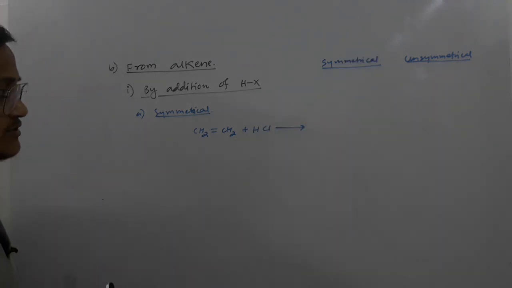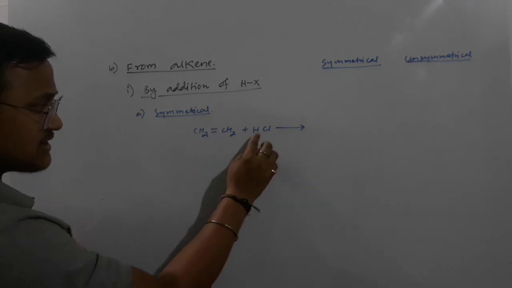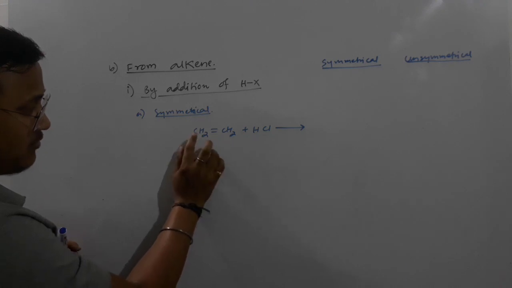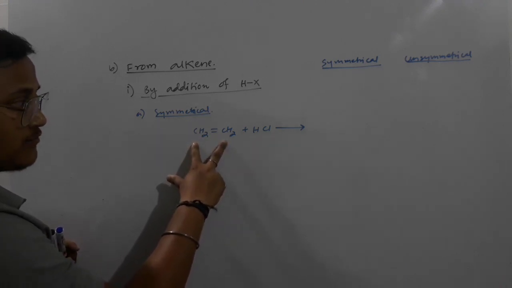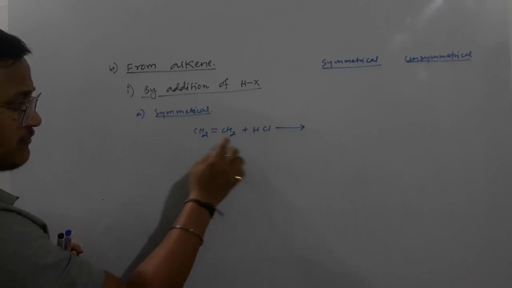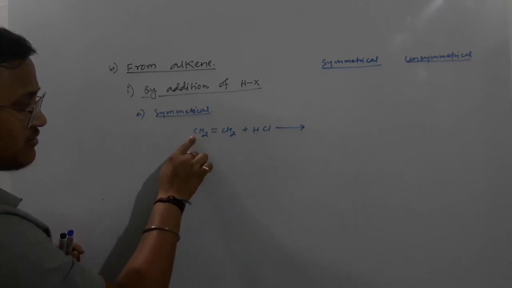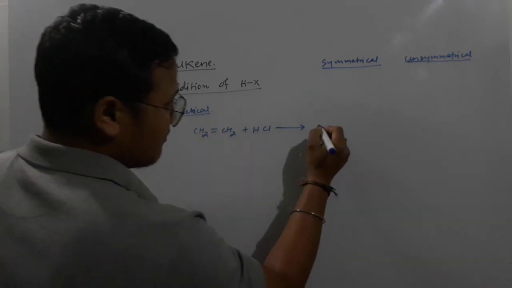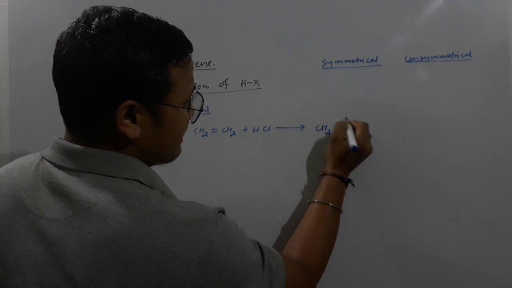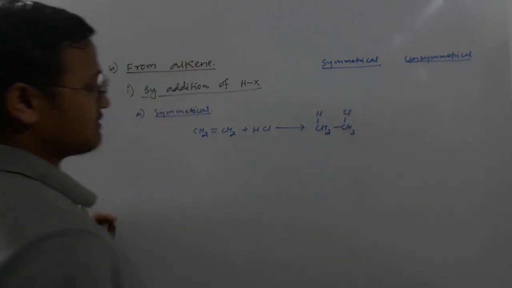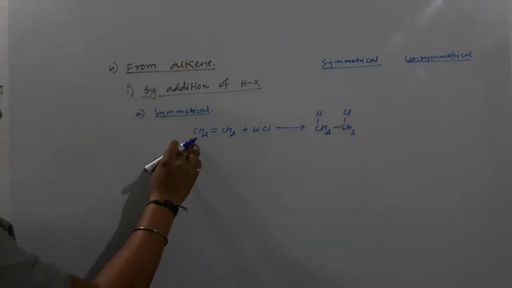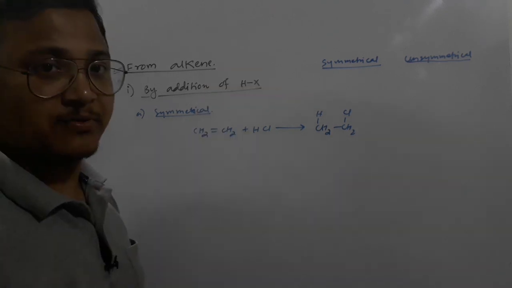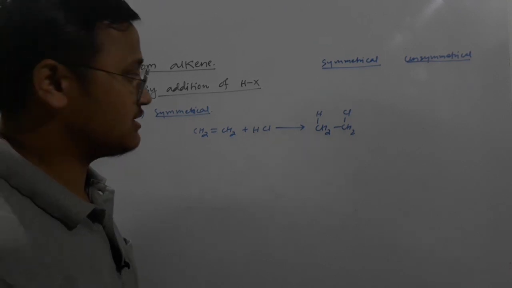Now what you have to do here is just add hydrogen and chlorine between these 2 carbon atoms, the doubly bonded carbon atoms. When it is symmetrical, you can add hydrogen to any of the carbons and halogen to the other carbon by breaking this double bond. So you can just simply write like this. In case of symmetrical, it doesn't matter whether you are adding halogen here or here, hydrogen here or here, you will always have the same product. Clear guys? You will always have the same product.